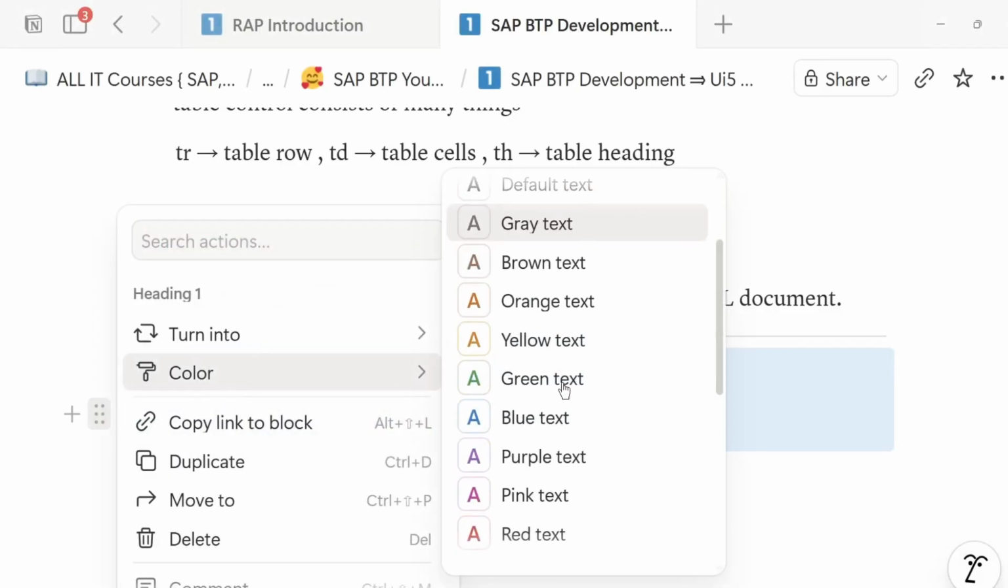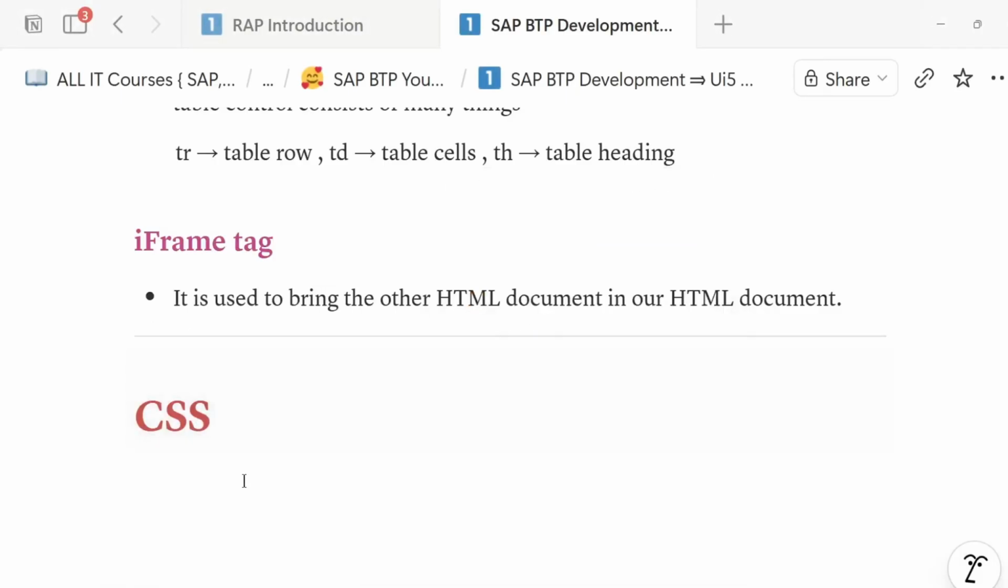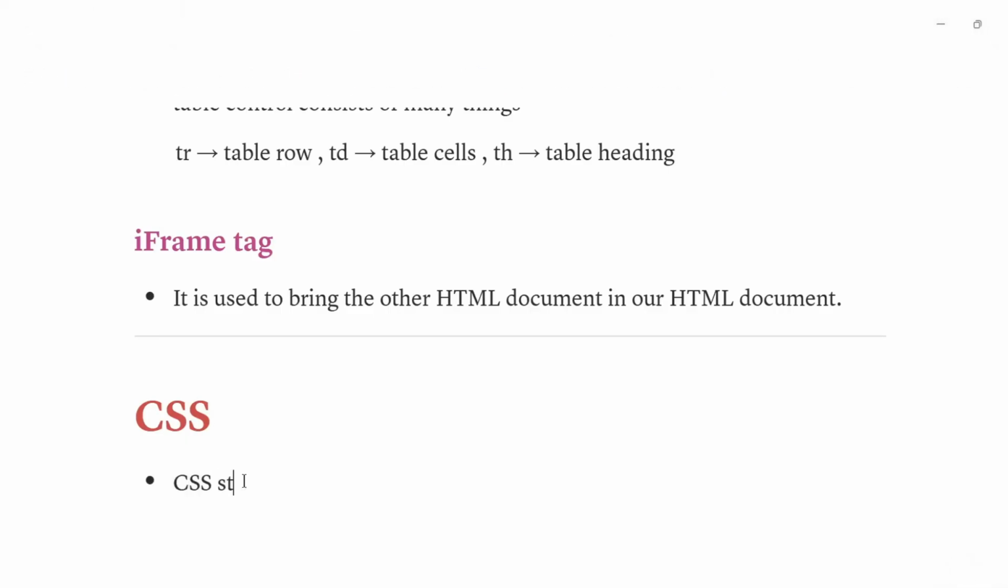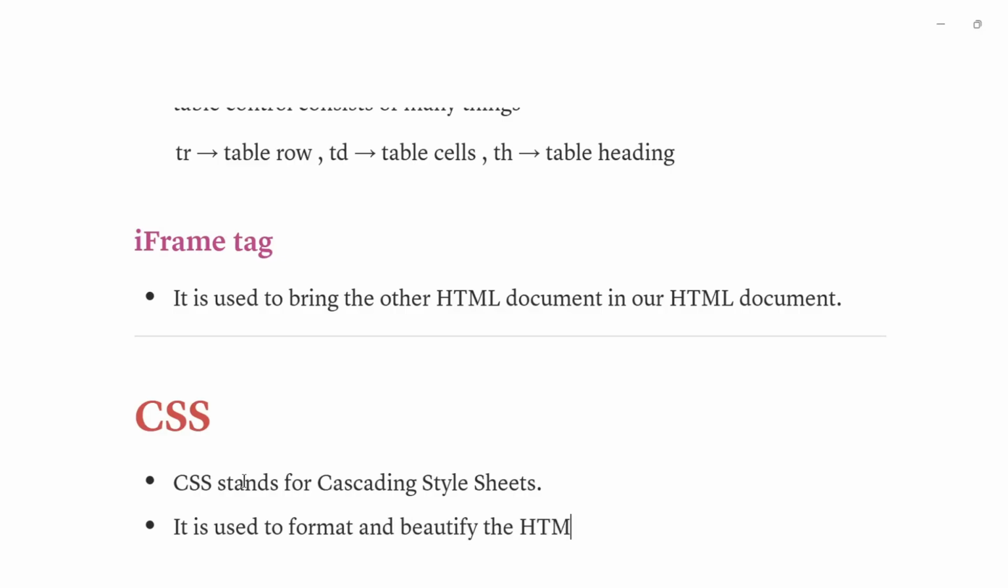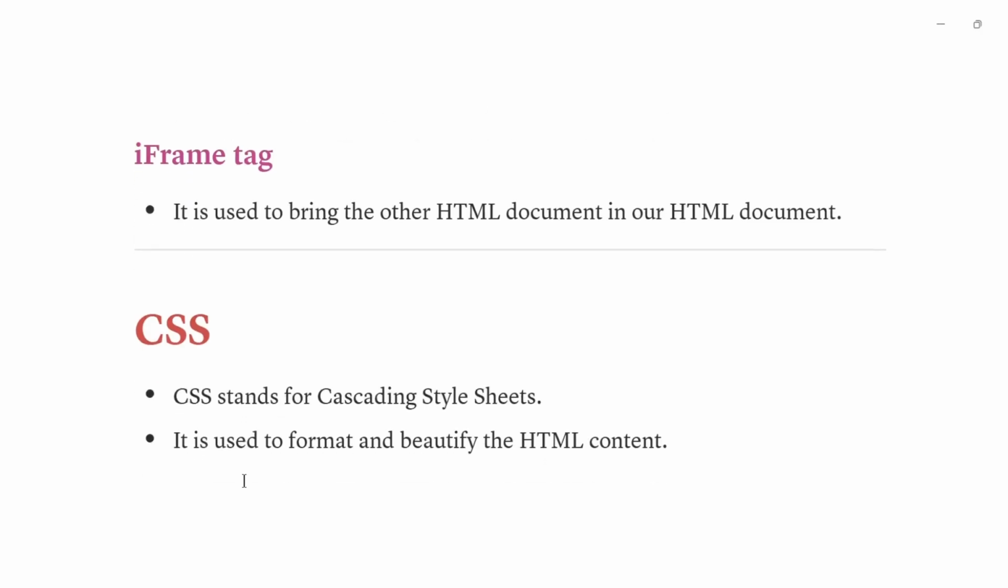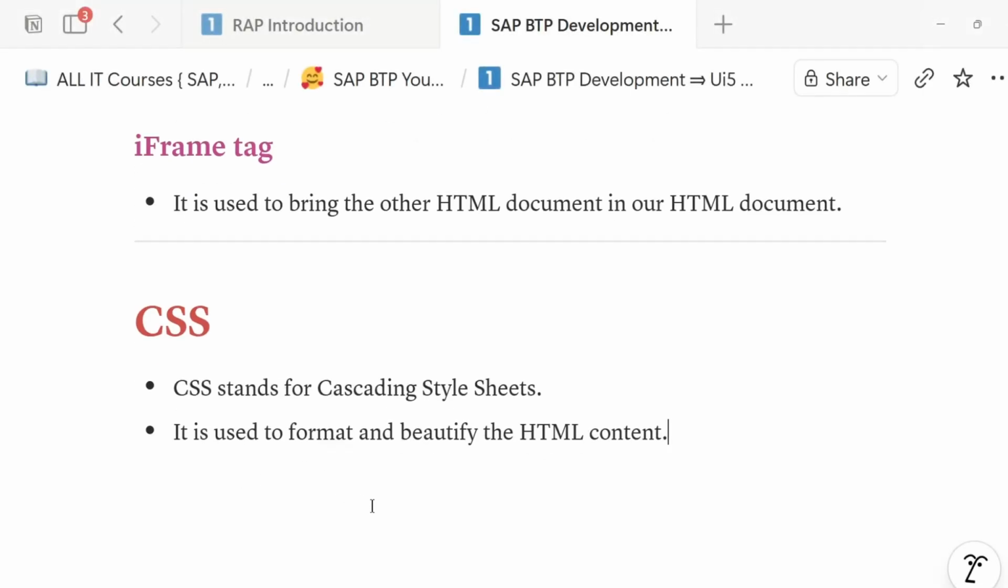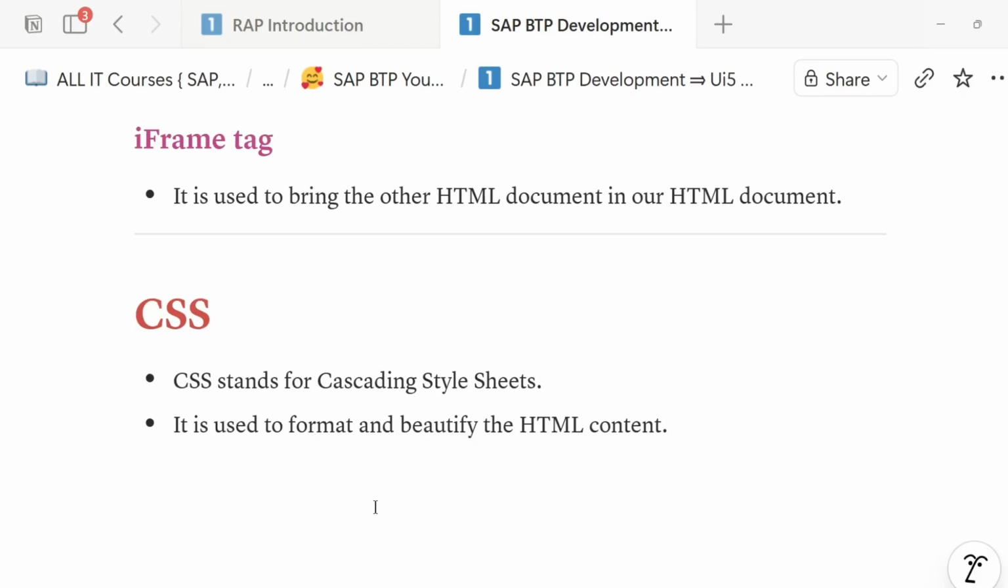CSS is basically used for styling purposes. CSS stands for Cascading Style Sheets, and it is used to format and beautify the HTML content. Yes. So before